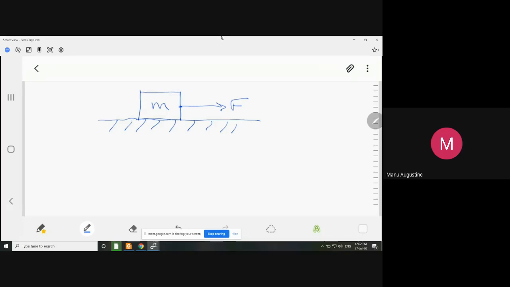Scenario: a box of mass m is being pulled in the forward direction with a force F. तो अगर F की जो वैल्यू है, वो इसके ऑपोजिट डायरेक्शन में जो अपने आप पैदा होगा, म्यू इंटू आर का जो फ्रिक्शनल फोर्स पैदा होगा, अगर F म्यू आर से ज्यादा है तब तो आपकी ऑब्जेक्ट फॉरवर्ड डायरेक्शन में एक्सेलरेट करेगी, और अगर फोर्स की वैल्यू म्यू आर से कम है तब तो आपकी ऑब्जेक्ट वहीं की वहीं खड़ी रहेगी, चलेगी